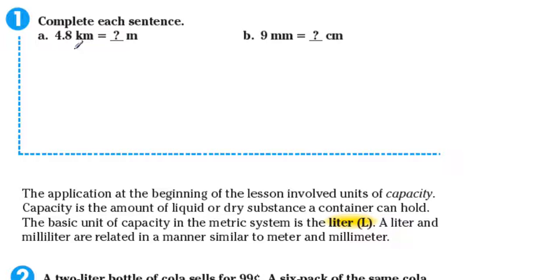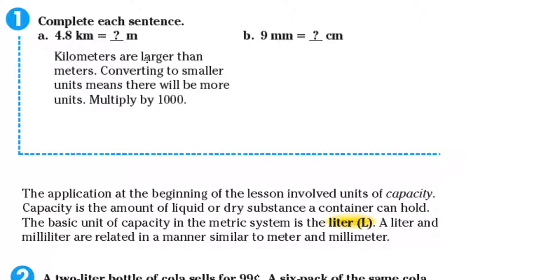Complete each sentence. 4.8 kilometers is how many meters? Let's see how the book does it, and we'll do it too separately. Kilometers are larger than meters, so converting to smaller units means you need to multiply by 1,000. Why? If you look at this carefully and use our King Henry died Monday drinking chocolate milk,